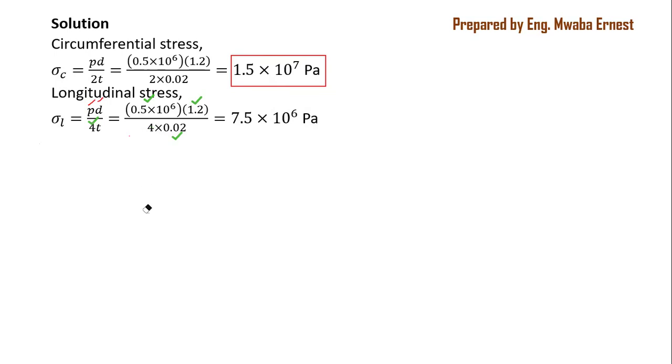Okay, now, having substituted like that, we end up with our answer, which is just 7.5 by 10 power 6. This one is now our longitudinal stress. Then moving on,